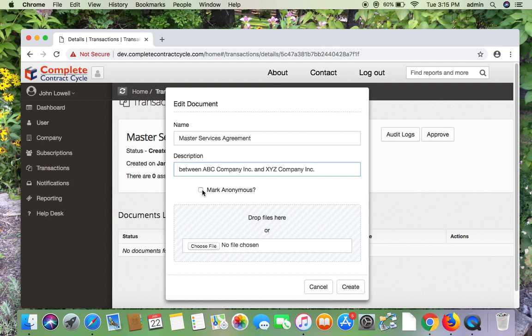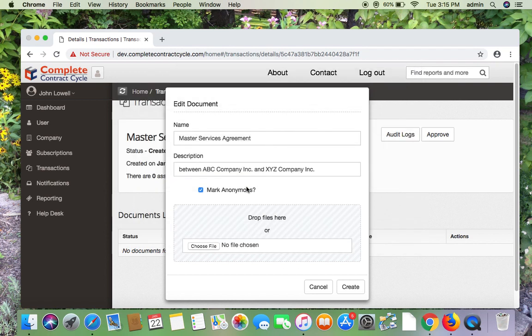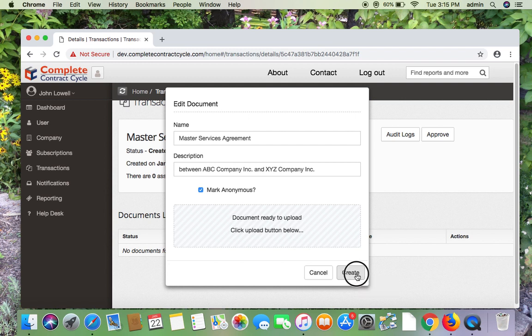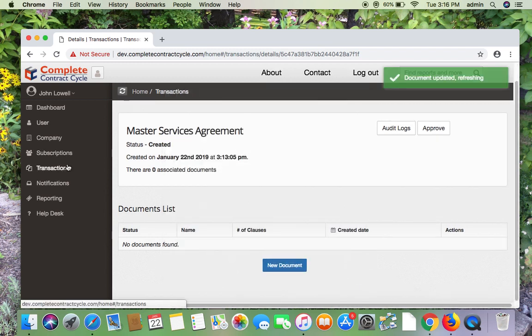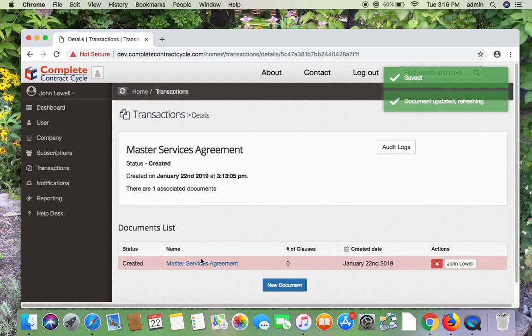Then I can decide whether I want it to be anonymous if it's an RFP or if I want the parties to know the identity of their counterparts. So let's say this is an RFP, we mark it anonymous, and now we select our contract template. Then we click Create. Then the contract template is sliced up. We go back into that transaction,